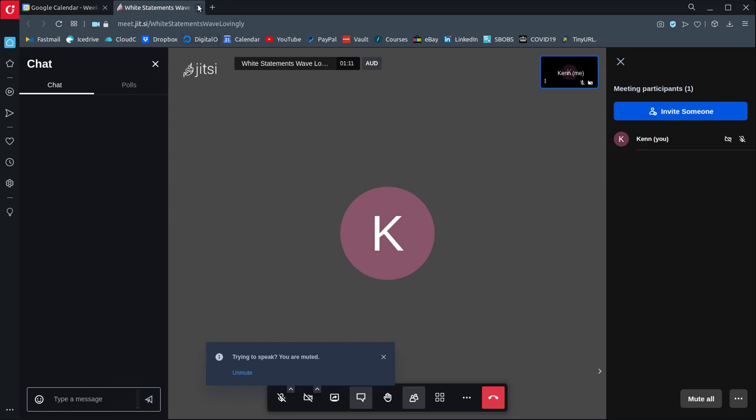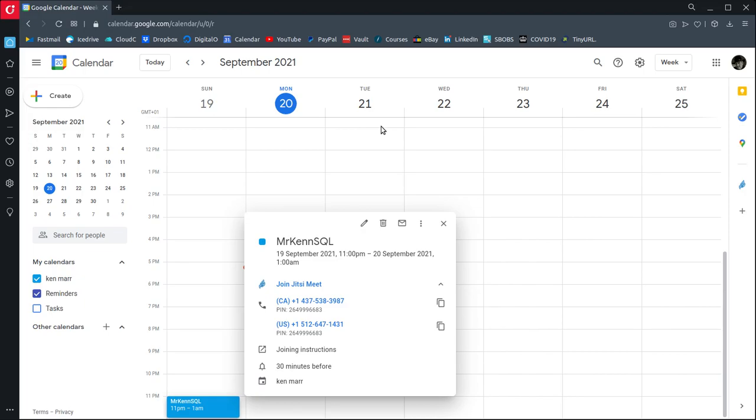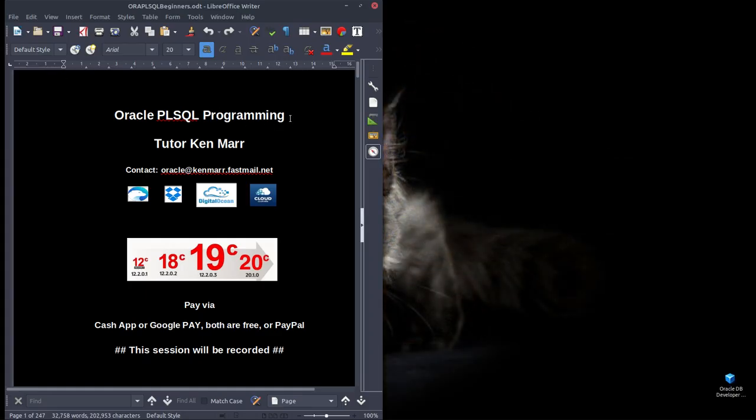Let's close that. And next we're going to look at the course notes. So it's PLSQL programming. It's my name, it's my email address. We're using a mix of 11G, because I'm using 11G Express Edition in the cloud because it was easier to set up an 11G database in the cloud than a 12C database, because they made a lot of changes for administrators between 11G and 12C. Not a lot of difference for SQL or PLSQL. We also could use 19C because I have a virtual machine running that. I'll show you that in a moment.